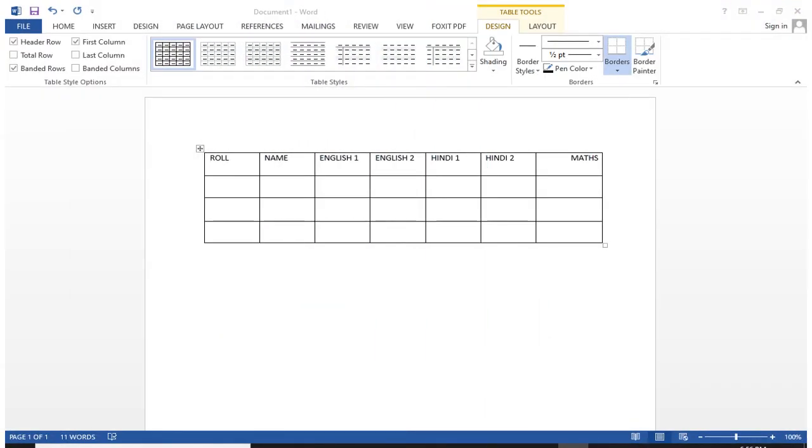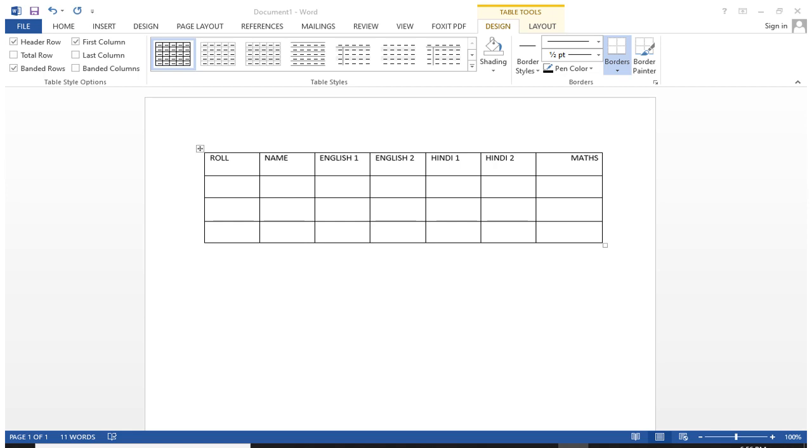This is a Word document in which I have created a table with these columns. First column is for roll number, second for names, third is for English 1, fourth is for English 2, then fifth is for Hindi 1, the next one is for Hindi 2, and the last column is for maths.